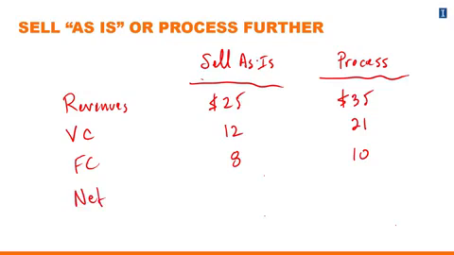The net income on a per unit basis for the original version of the table is $5. And the net income for the processed version of the table is $4. So in this case, it's not a good decision from a financial perspective to process the table further. We are making more money on a per unit basis for the unassembled, unpainted version of the table than we would if we were to finish it and assemble it. This assumes that the revenues and cost information are all accurate, but from a financial perspective, relying on these estimates,